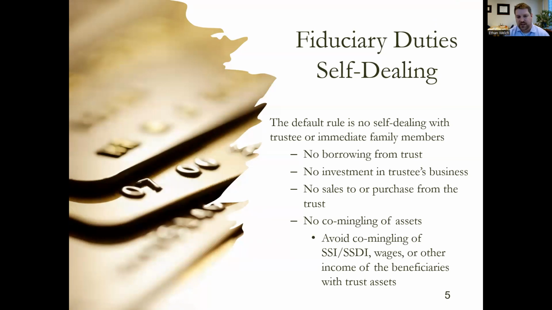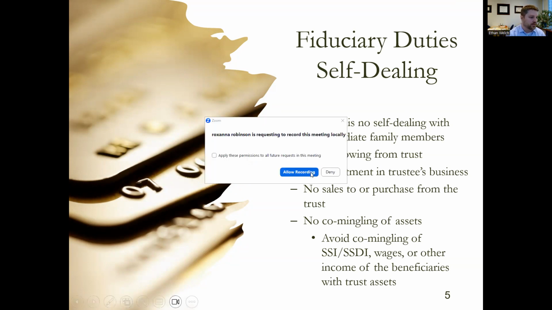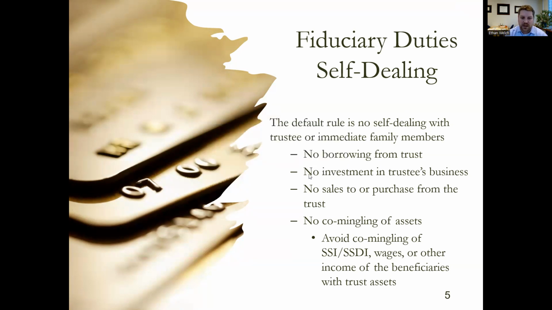So specifically then, dealing with fiduciary duties and self-dealing, generally speaking, we want to avoid self-dealing. Because the default rule is we don't want to have any interruption in benefits. That's our general rule of thumb. We don't want benefits to discontinue, and self-dealing will,